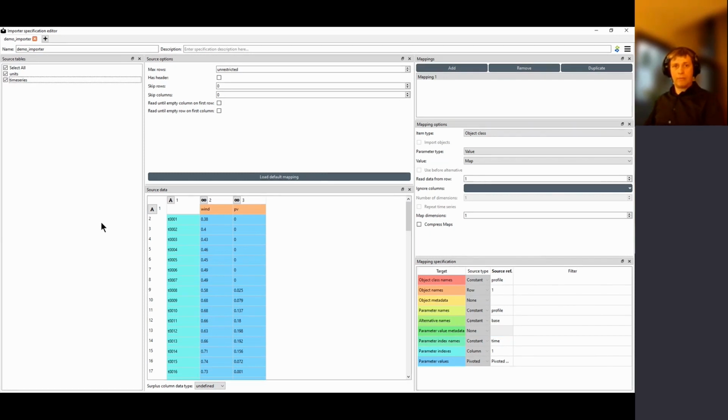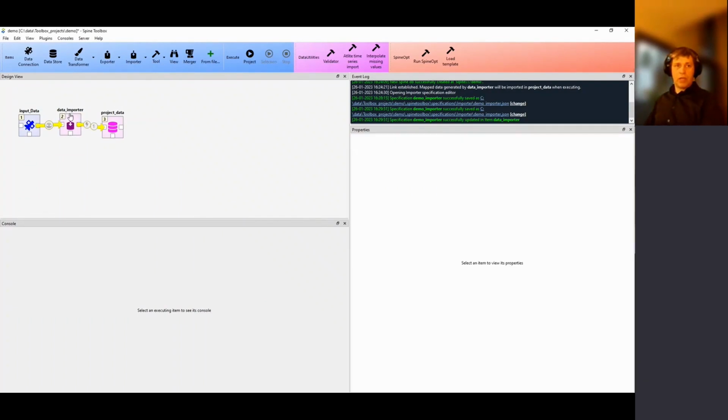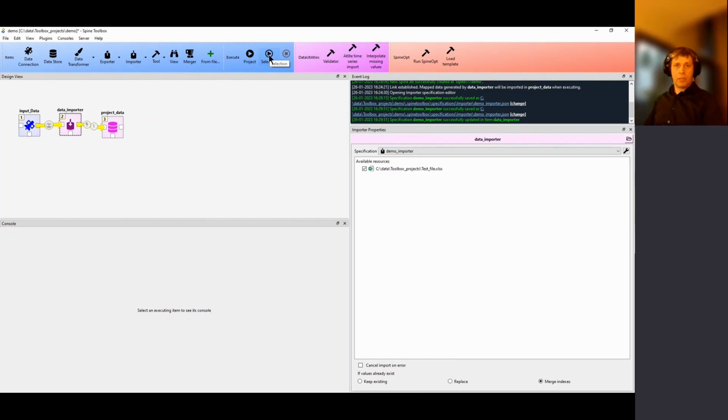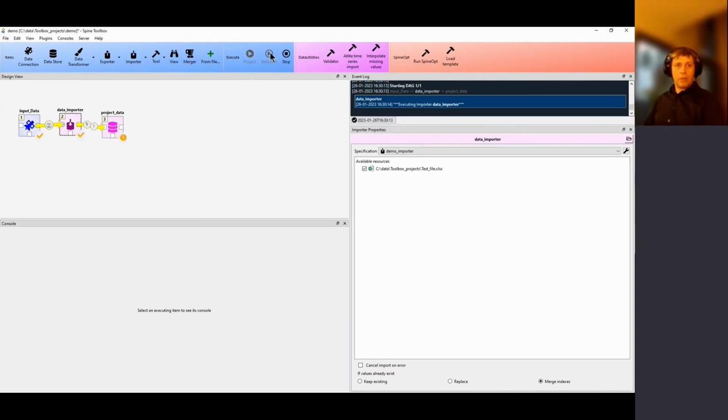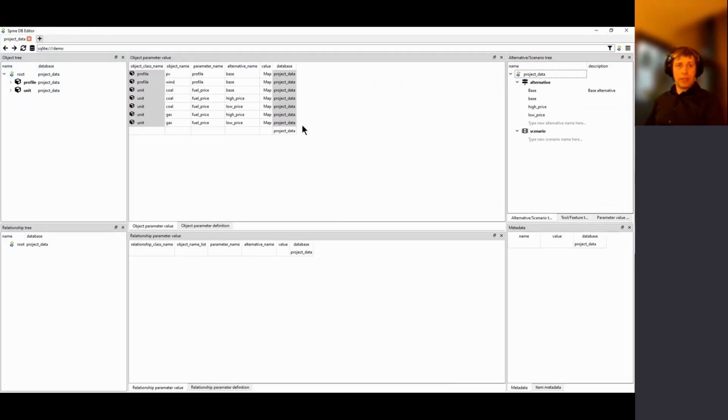Now I think I've done the importer specification, and I'll try to run the importer. So I have chosen the importer. I'm executing a selection, you can click here or you can press F6. And then it all went fine, and we have now these two